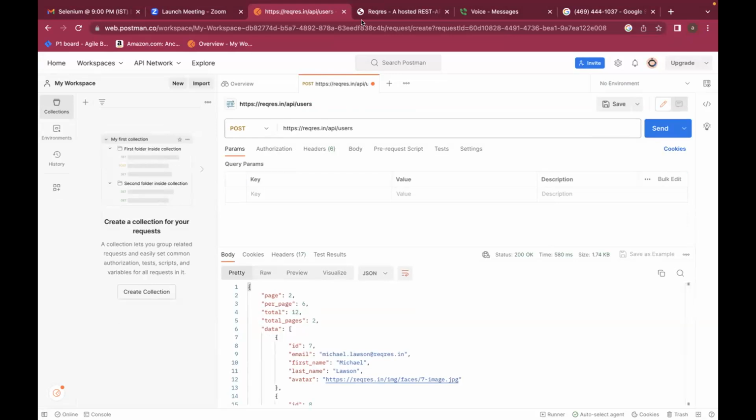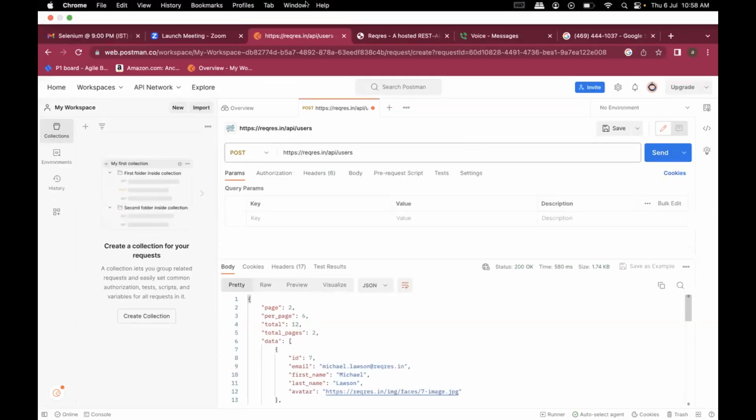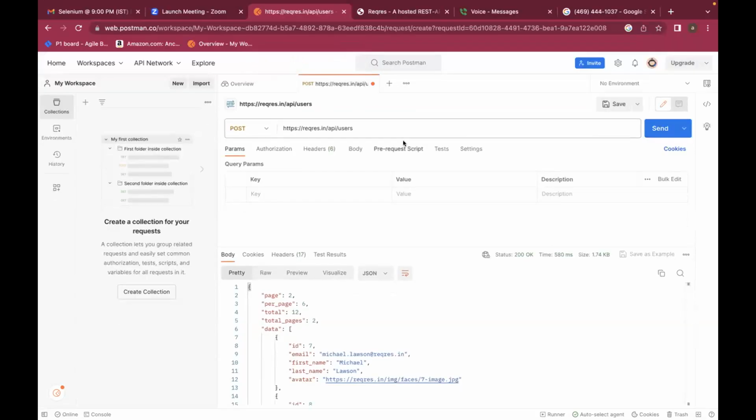Query parameter? No. You don't need a query parameter. The very word itself says query parameter. Query means you are asking for something. Here it is post. Post is used for create. You're not asking for something in post. You are creating some data. You are inserting some values into the table. So here you should not use query parameter.